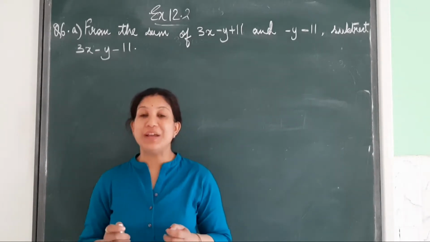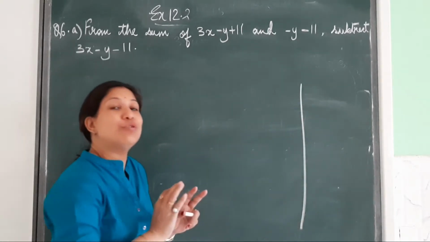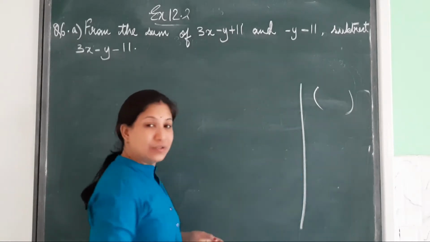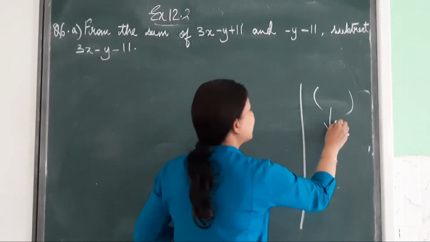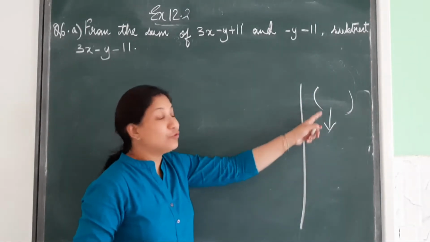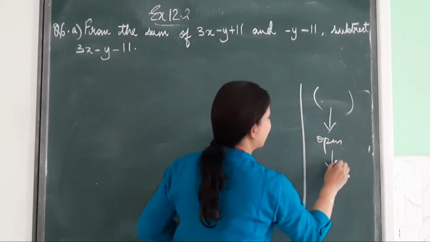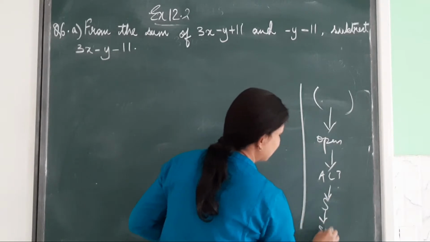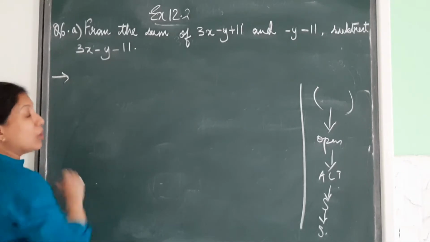Why do we have to play now? Because we have understood the fact that there is no formula. The only thing is we have to get to the solution. We will reach the answer by sitting in this train, and in this train what do you have? Few steps, few boxes. Put the bracket, open the bracket, simplify, and you will get the solution. Remember, let's move now. See, what is the question?